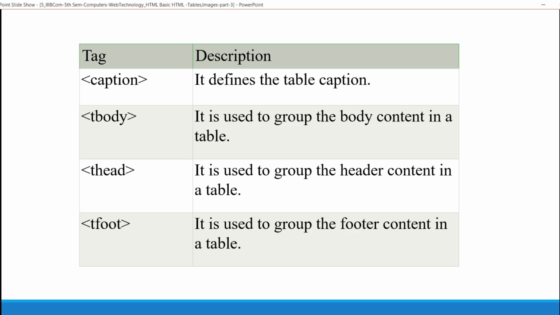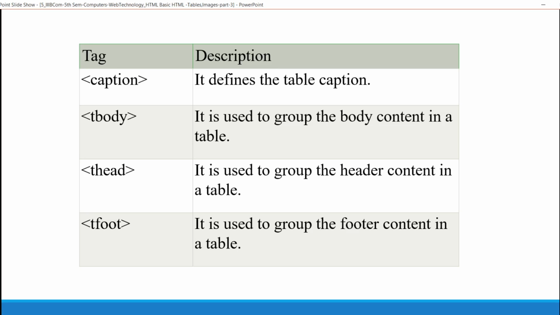If I want to display a name above the table, for example, salaries of this month, employees, students of BCom. If I'm preparing a chart for BCom students, first year, second year, third year, then I keep a heading for the table. The caption is data of third BCom students. Then you use a caption tag.